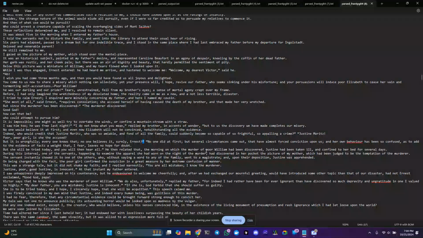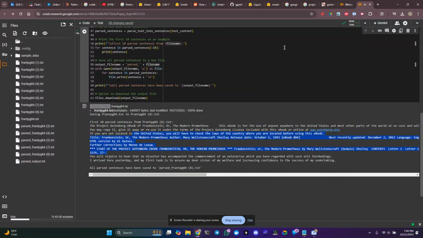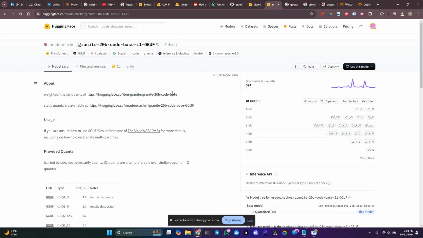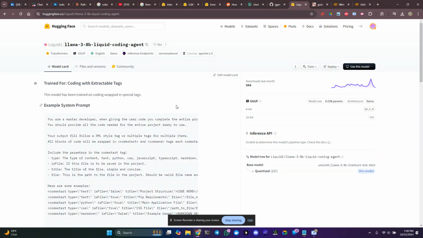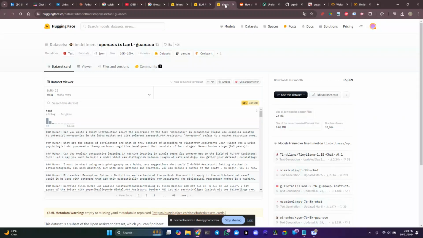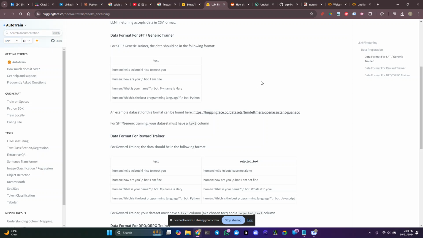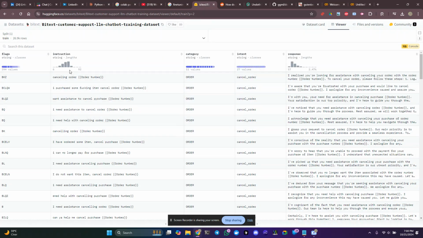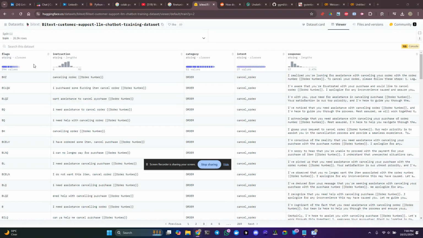Aside from that, this is now ready for pre-processing, which means I can pass this all to a CSV file and then begin labeling it. And you'll see that the labeling, where's the labeling? So here's the form of labeling using the hashtags. I'm not going to do that. Here's another form of labeling using effectively a CSV file, which is what I'm going to go for, whereby I have flags, instruction, category, intent, response.